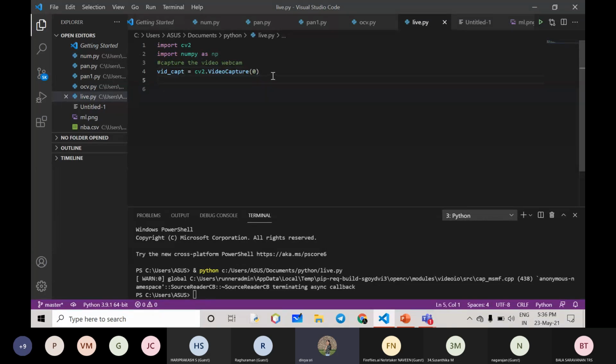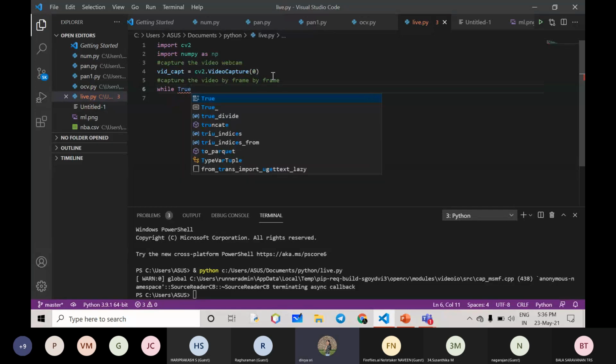Now we are going to capture the video frame by frame. To do that, we just write a while loop.